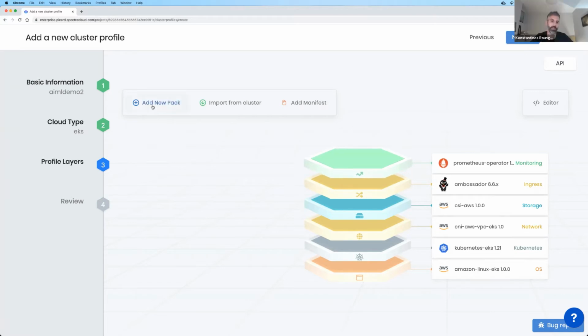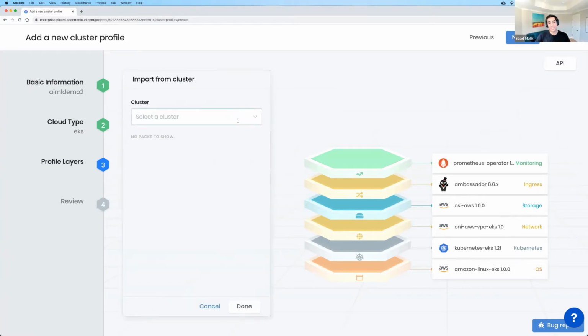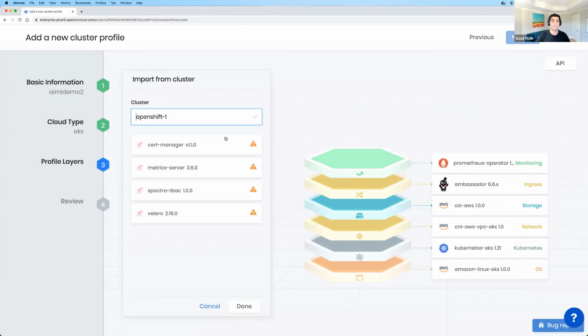I see another button that says import, and I really, really want to ask what this one does. Let's talk about that. So one of the actual interesting use cases is where customers have existing clusters with existing applications or configurations. The applications could be just manifest or directly Helm charts. What we allow customers to do is essentially import a cluster into Palette, and from there be able to read what are all of the applications that are currently running in that cluster